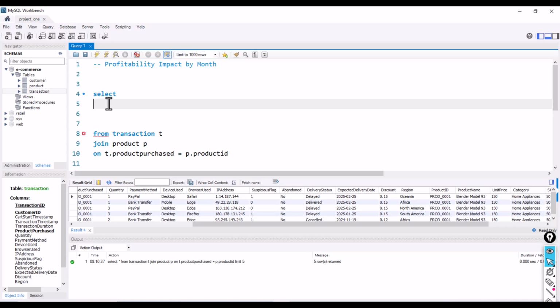So let's start by saying the date format. We'll format the date format of transaction timestamp. Something like this. We should format it in year month format. Let's alias this one as sales month,